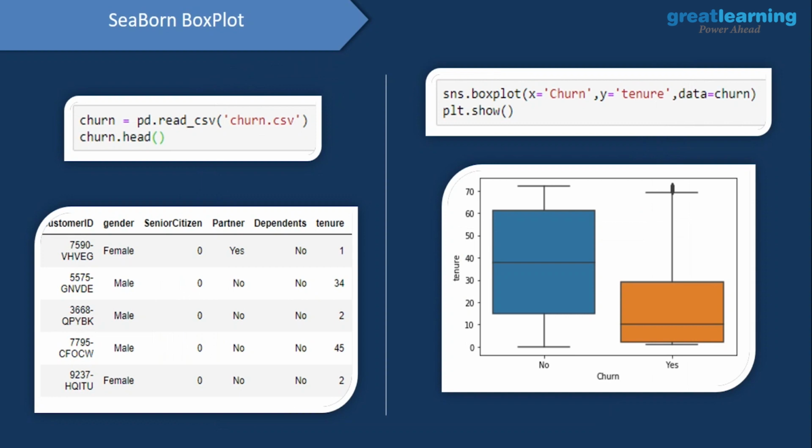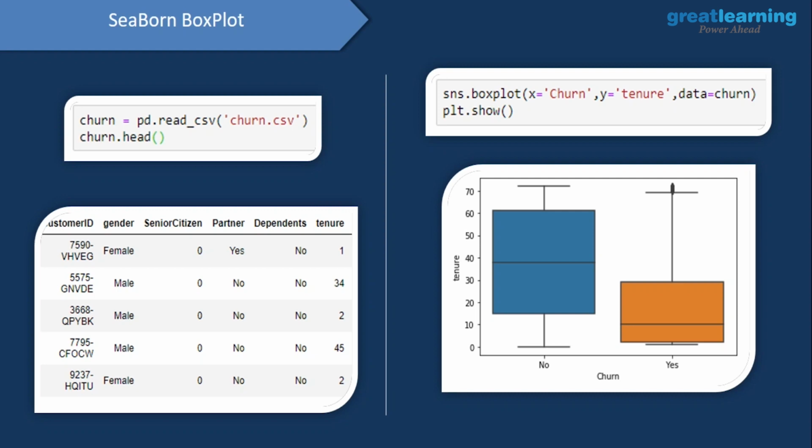Once I have done this, let's go ahead to the next geometry, which is a box plot. And to create a box plot, we'll just be using this box plot method, and we'll be creating this box plot on top of the churn data frame. So we'd have to load this data frame first. This data frame tells us about the different features of a telecom company, and on the basis of these features, we'd have to find out if the customer will churn out or will stick to the same company. So here we have the churn column and the tenure column. The churn column I'm mapping onto the x-axis, the tenure column I'm mapping onto the y-axis, and obviously I'm building this box plot on top of the churn data frame.